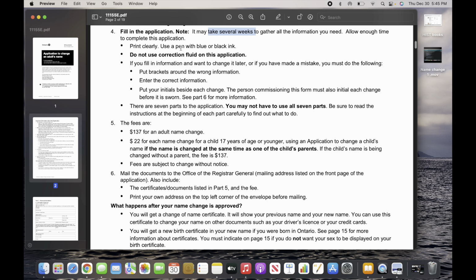So please print clearly, use blue or black ink. Do not use correction fluid on this application. That's a very important step. In case you skip something, in case you made a mistake, please print a new page instead of just using a correction fluid or just canceling it,